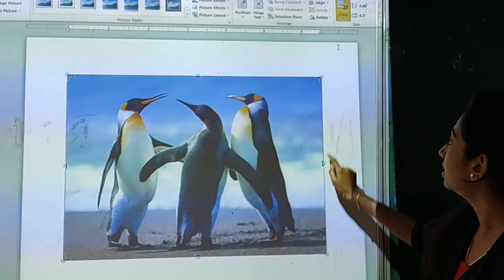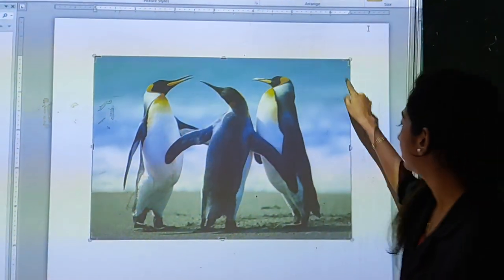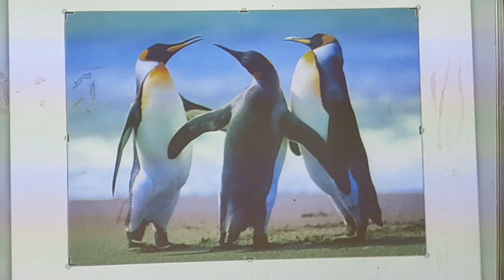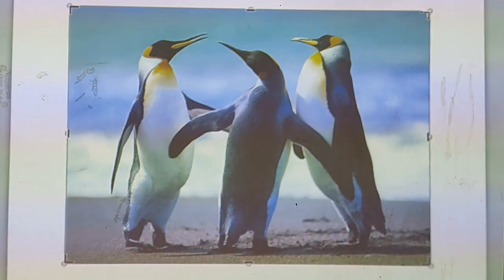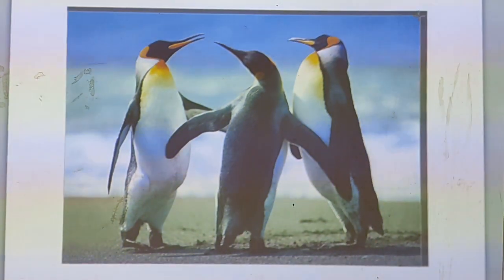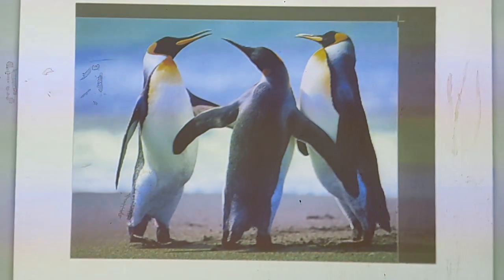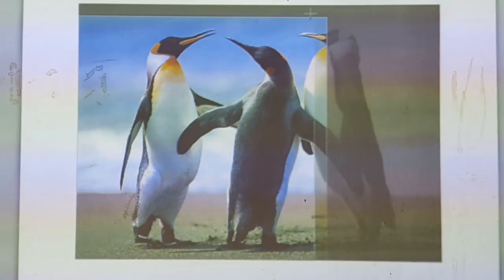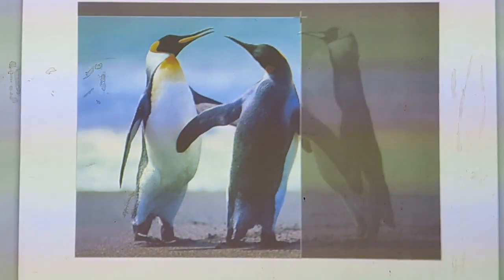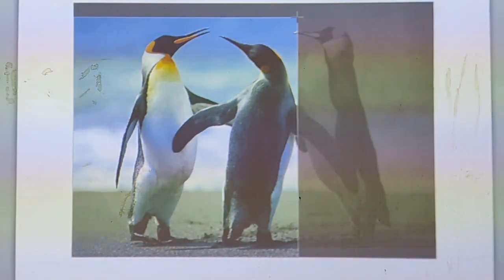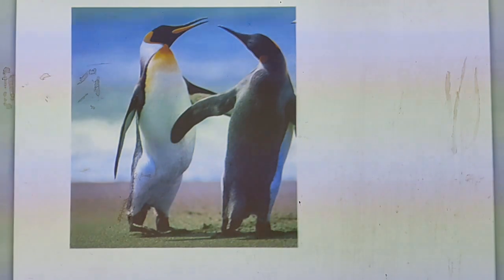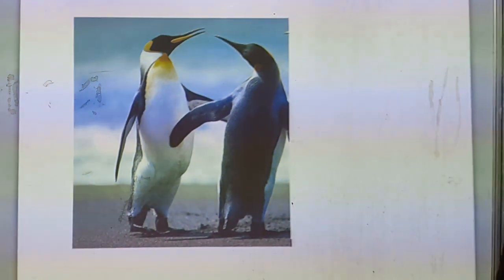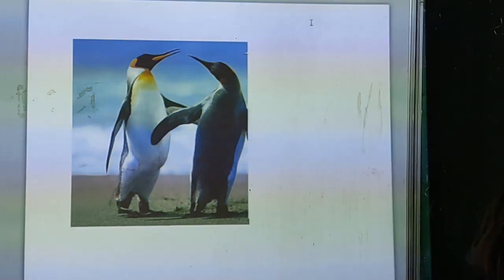You can see the black angles here. By clicking here, drag it. So see, whichever portion we need to adjust, if I only want these 2 penguins, just drag the mouse pointer. Okay, then see, we can crop the picture.